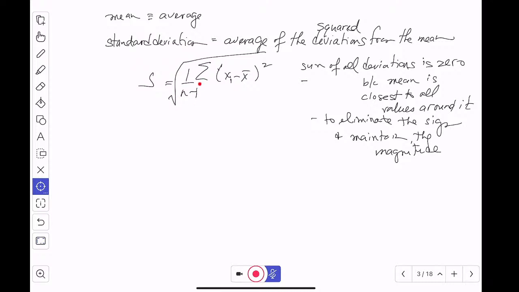And an average, like this is the sum function, it means add them up, and this means divide by n minus 1. When you see those values together, usually an average has an n on the bottom, but this is basically the same thing. I call it the average. Anytime you see that, you call it an average. And in fact, statistics is about averages and relative measures. It's just a bunch of averages that we end up talking about.